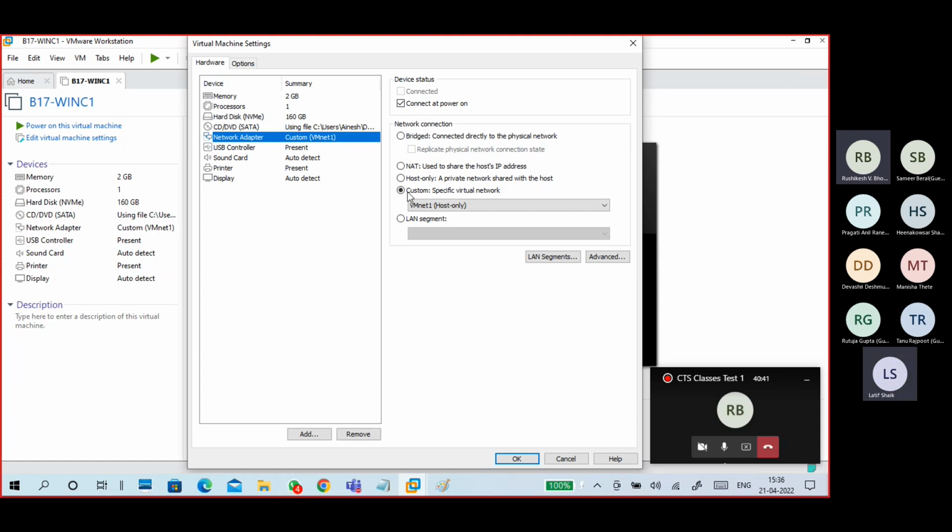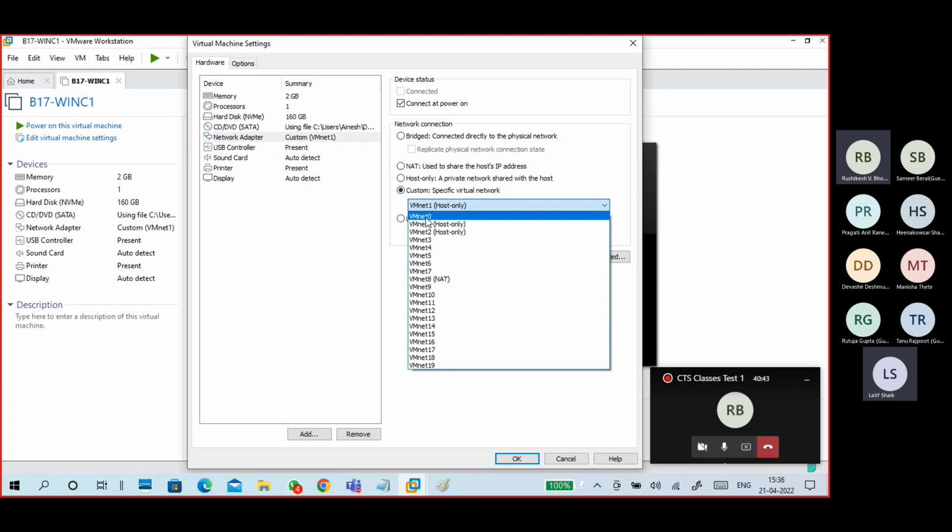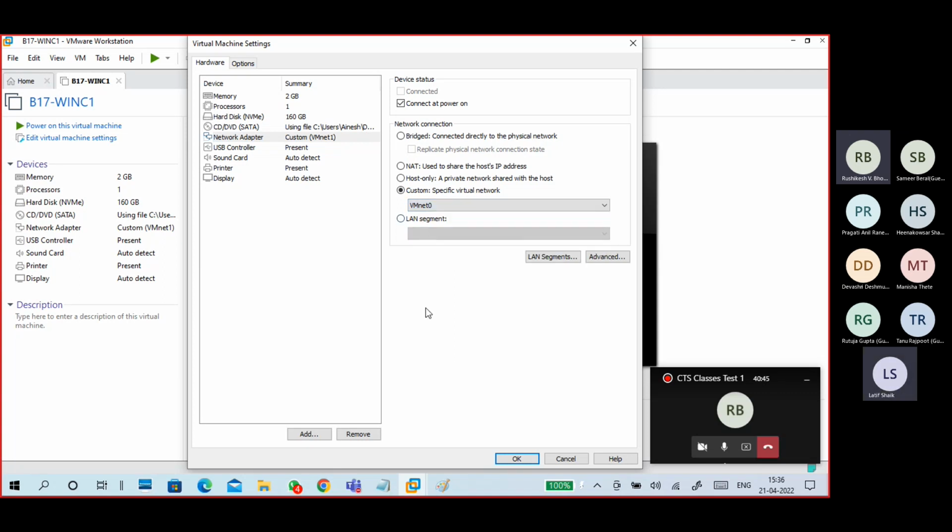It is VMnet1, I'll change it to VMnet0. If you get a little confusion about VMnet0, VMnet1, go to bridged. We can select bridged also, no problem. Bridged connects directly to the physical network, replicating the physical network connection state.